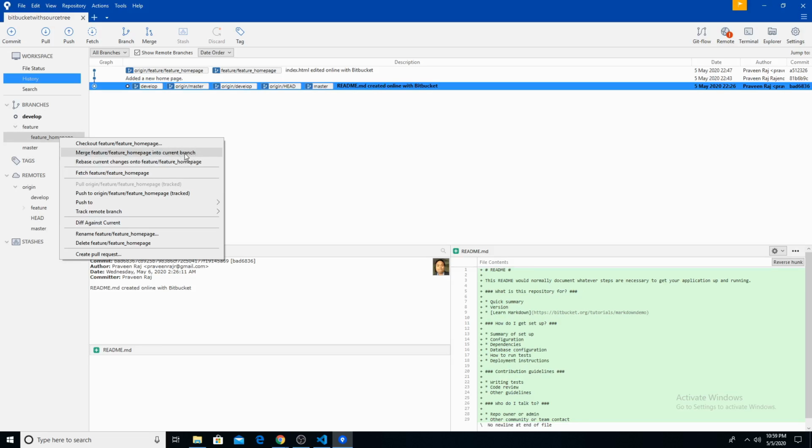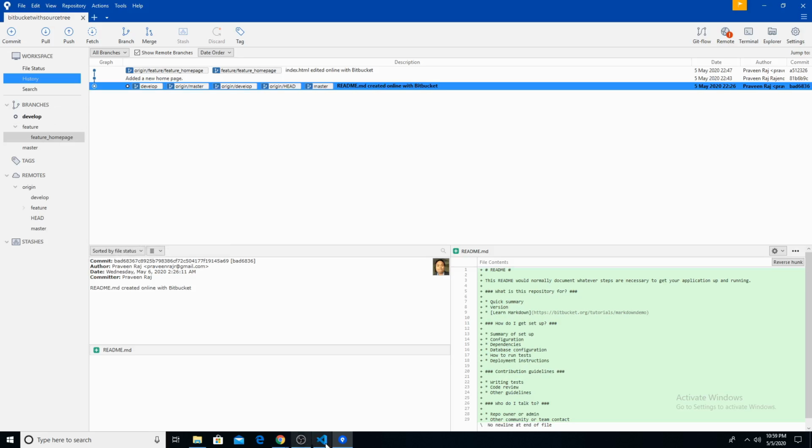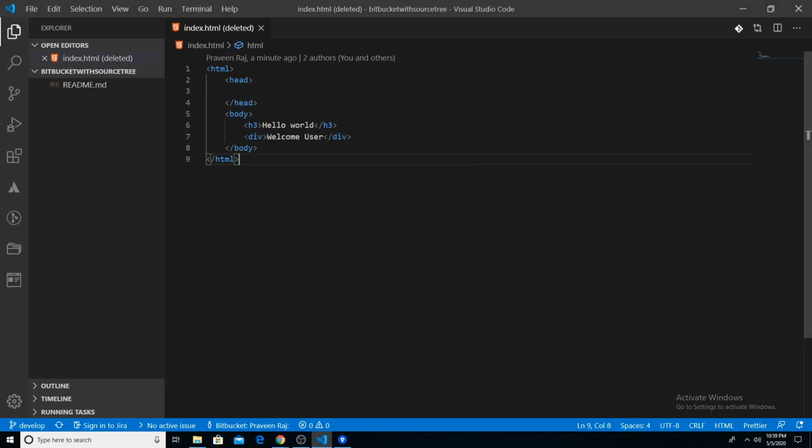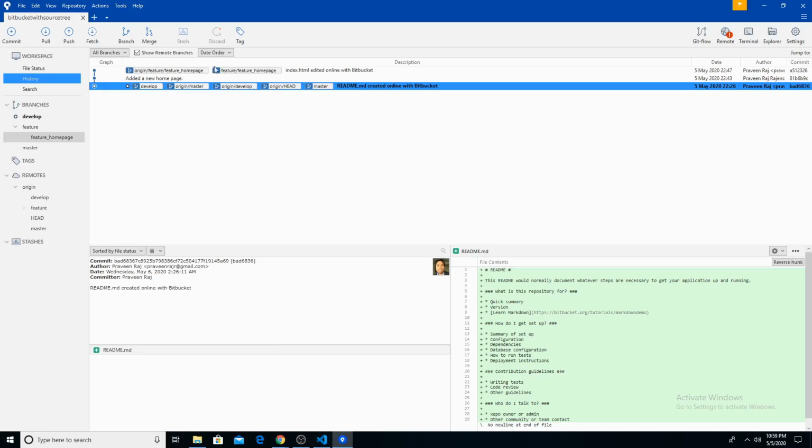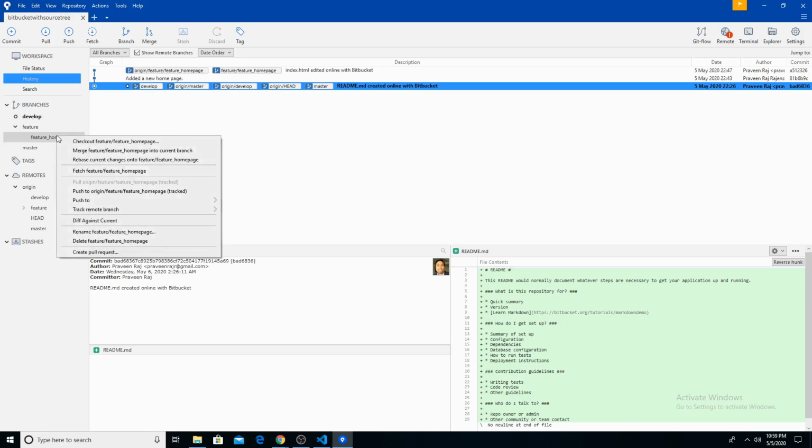If you see here, the current branch is the development branch, and the future branch is what you want to merge into the development branch, right? So if you go back to the code, you just added this beautiful code. The development branch, all it has is this. You added this, so you would like to merge this into your development code. So going back to here, as I said, you would be in your development branch, and you would say merge this future branch into your current branch,